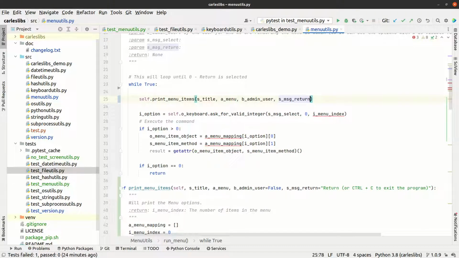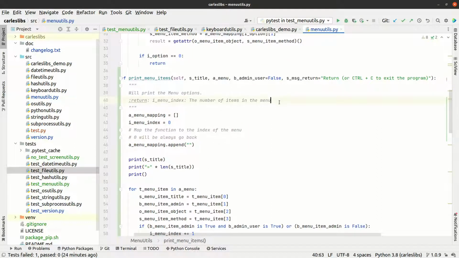Okay, and I see that I will need more things. So this is the thing that I'm returning so far, but I see that I will need to return menu mapping. Okay,